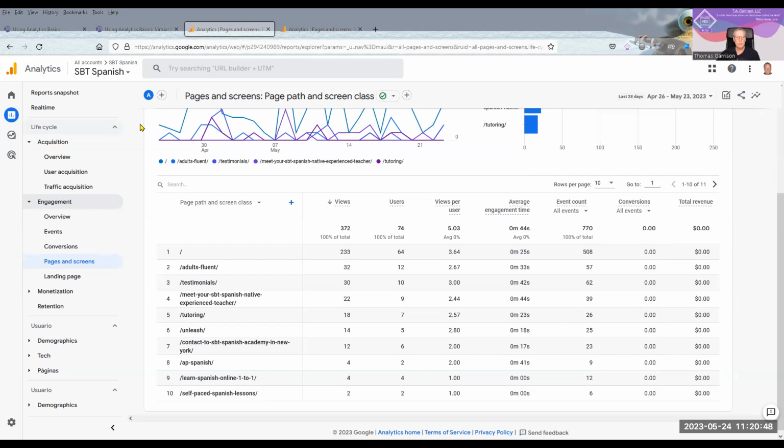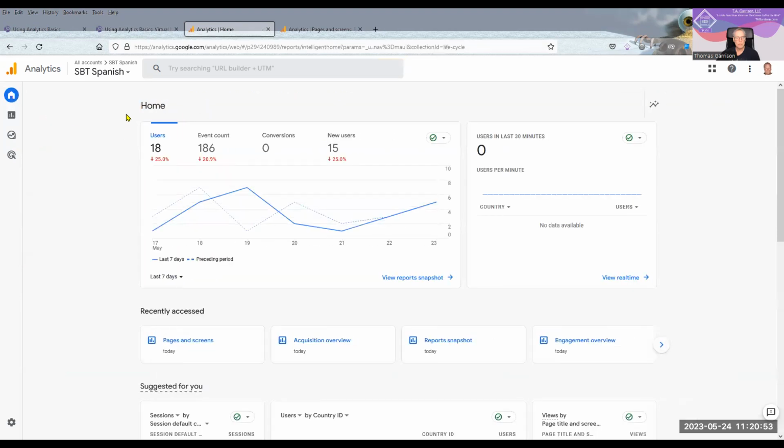So when you get to, let's go back over here to the home. This is what you will see when you get to your home. Yeah, I have 0 showing up across the board. Okay, is there anything up at the top that says there's a warning or anything? Can you see where my mouse is? Hold on. So there is a message: this property will start processing data starting July 1. Continue measuring website traffic, create a new Google Analytics 4 property. Yes.